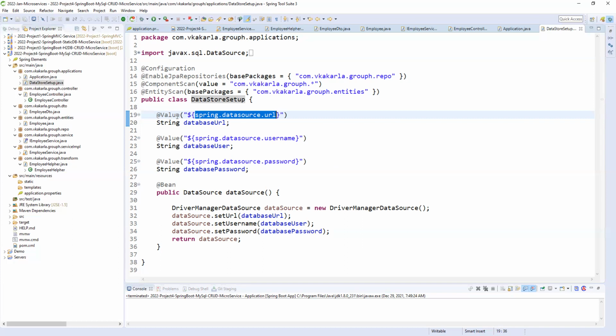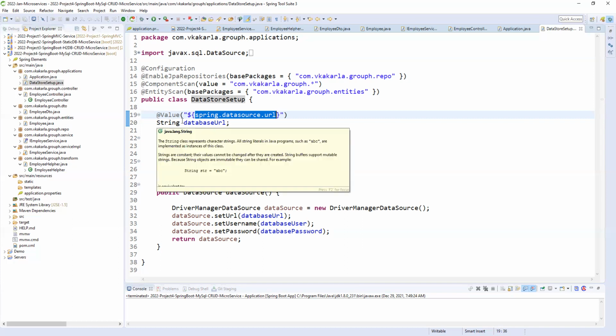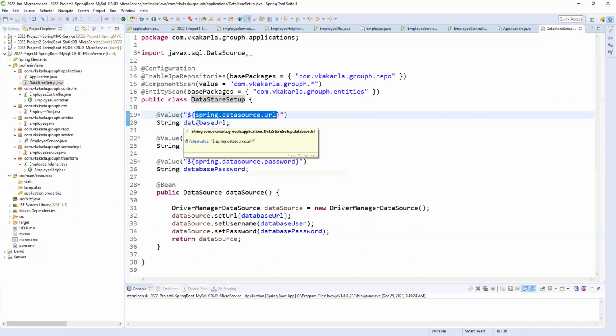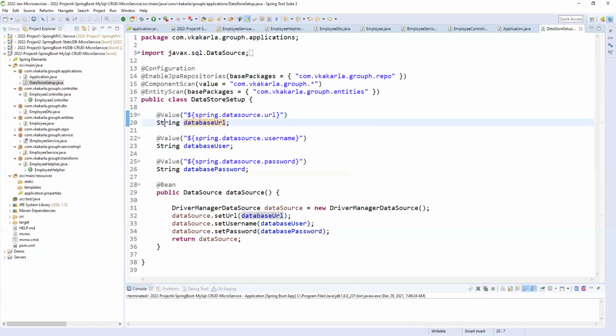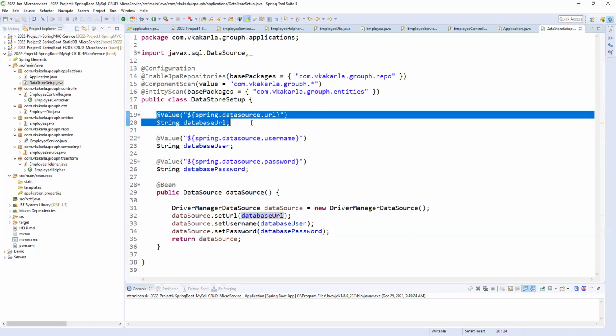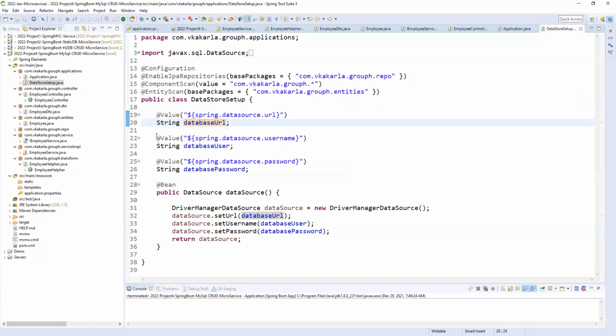The data type of the key value is obviously a string, whether it is a string or an int, so you need to define a string, and you can define your variable. Automatically this value comes and sits here. It will be replaced here, it will be set here. That is what Spring will do, it will take care of that. Like that we are loading all the keys into the respective variables.